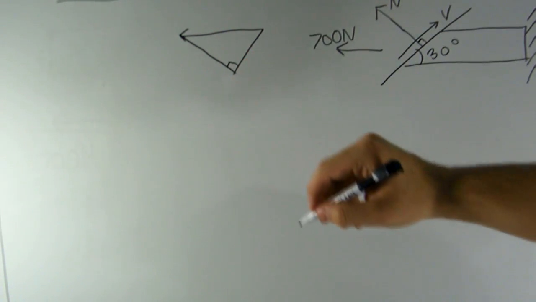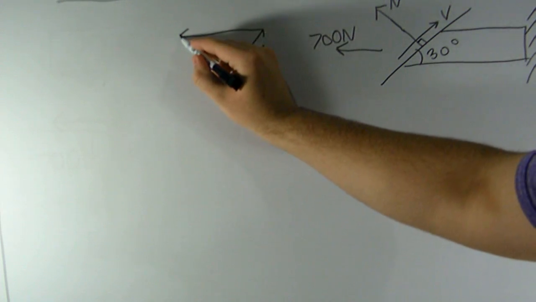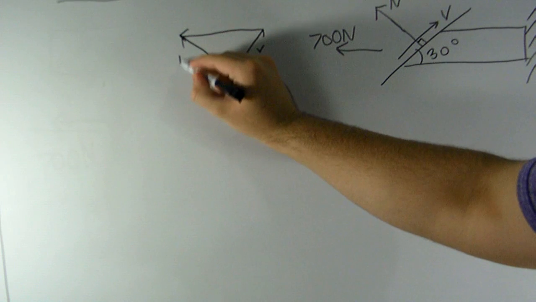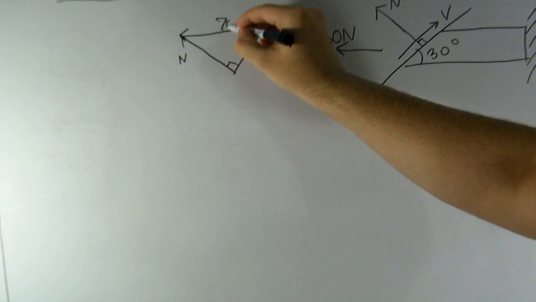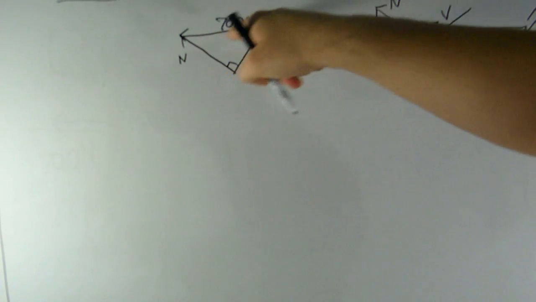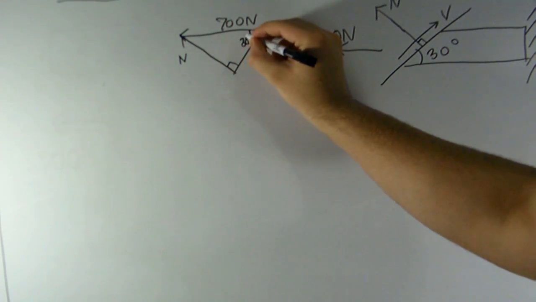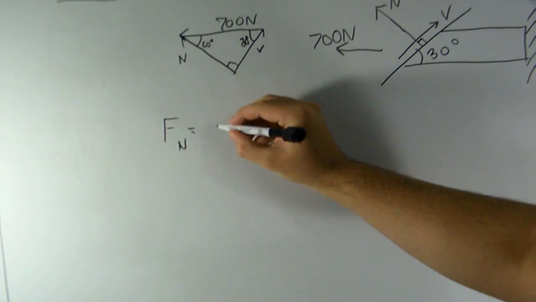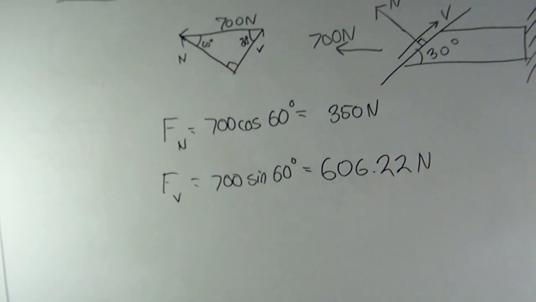shear, at cross-section BB. Please note that whenever calculating normal and shear stress, the resultant internal forces, normal and shear, must always be applied relative to the cross-section at which you are calculating. Now we can apply common trigonometry in order to determine what F and V are. Form a triangle consisting of the 700 Newton tensile force, the internal normal force, F, and the internal shear force, V. Using their respective trigonometric functions, we find that F is equal to 350 newtons and V is equal to